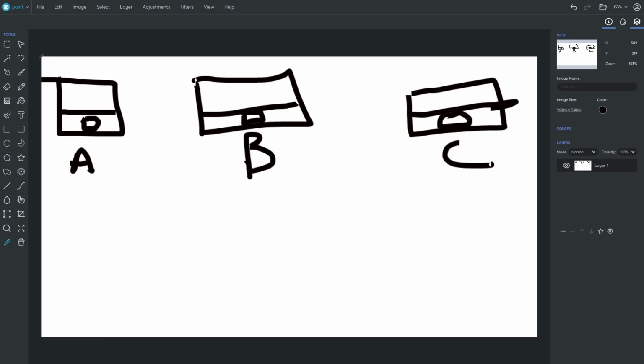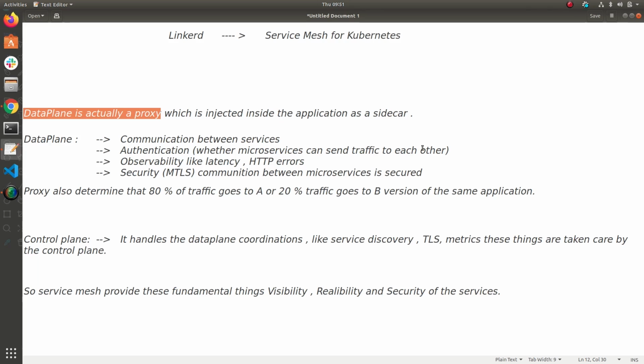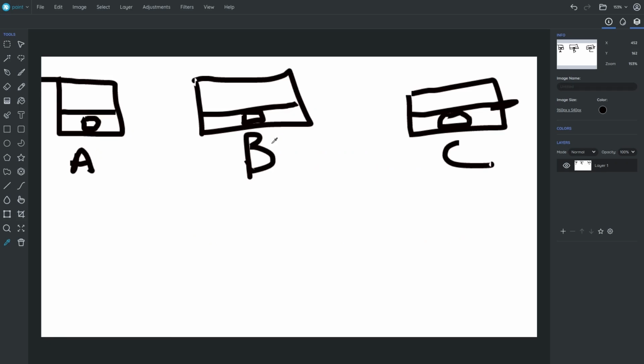Got it? And now what is the responsibility of this? It is running with these microservices, but what is the responsibility of this data plane? It is going to make the communication between the services, right? This proxy is responsible for the communication between these microservices. So whenever anyone asks you how you are going to make the communication between your microservices, or